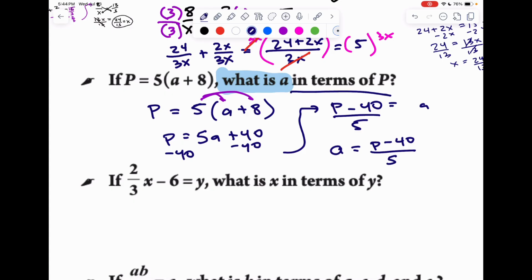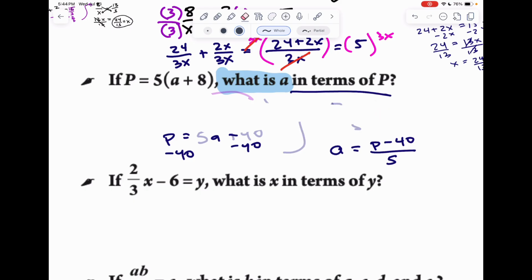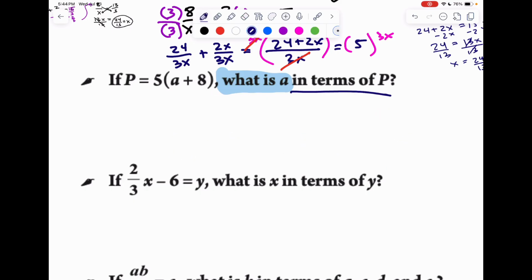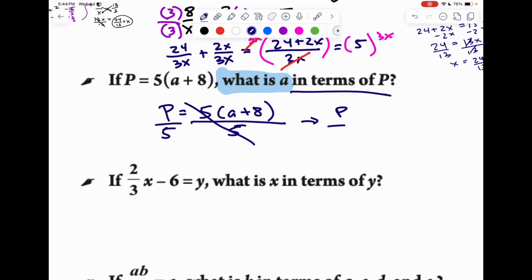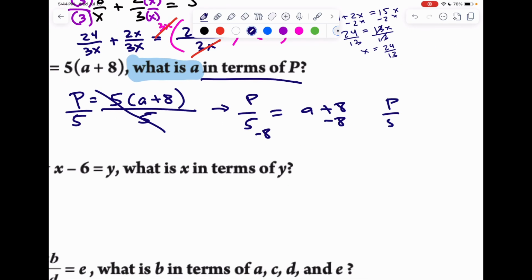Now, if we want to see another way to do this, I'm going to go ahead and erase. What we can do is decide not to distribute the 5 and see what happens. So if we have p equals 5 times a plus 8, we can begin just by dividing by 5. The 5's will cancel, and I'll get p over 5 equals a plus 8. We can subtract 8 from both sides, and we can get p over 5 minus 8 equals a,